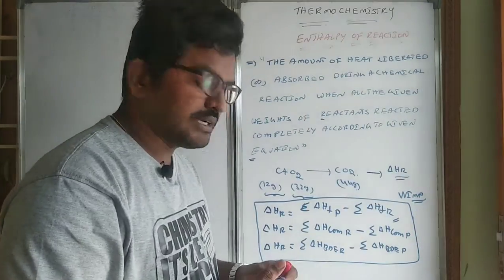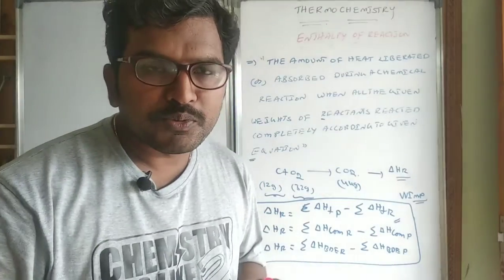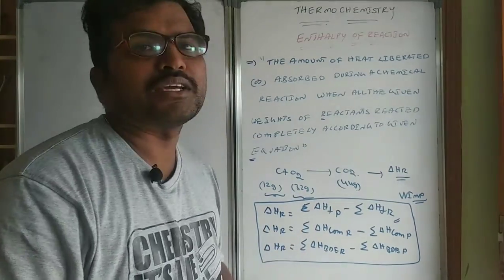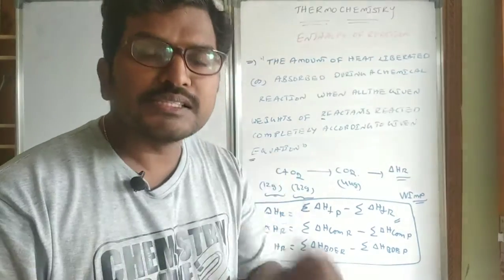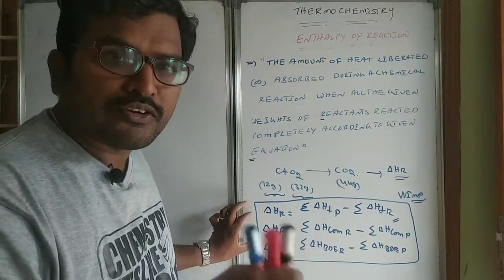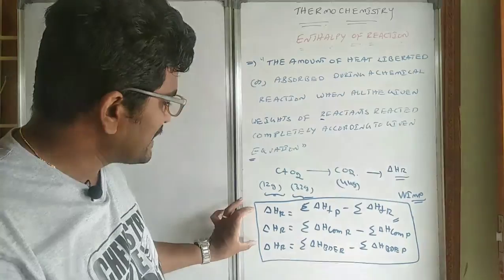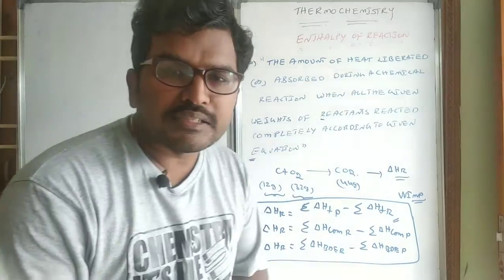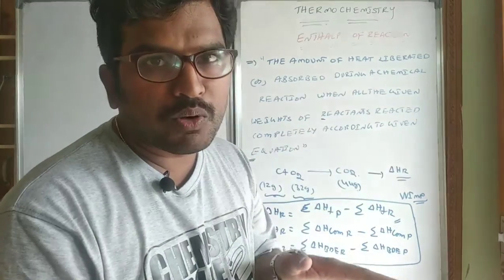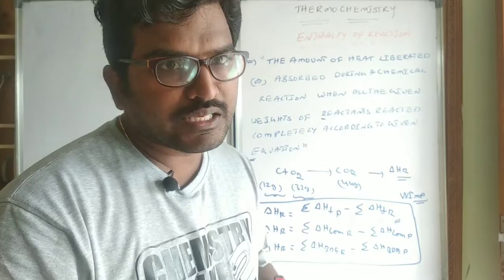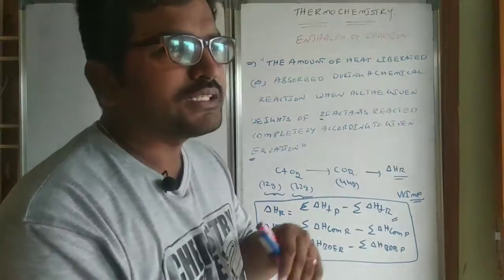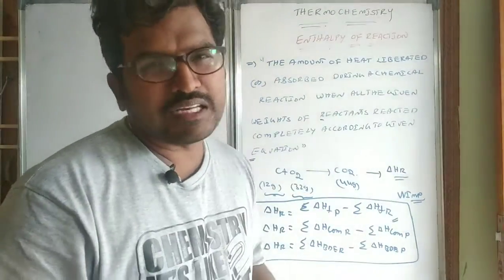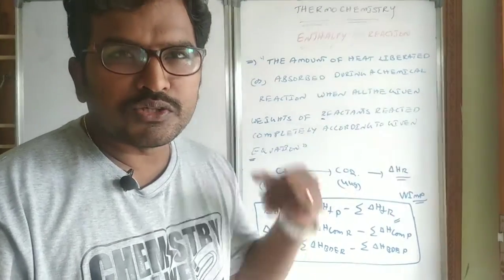Let me make some statements on this. In different books, they give you different procedures to find the enthalpy of reactions. I can say this is the best method you can find wherever you go to solve the enthalpy of reaction. Simply remember these three formulas. Let them give you even half a page of problem also, you can do that problem very easily. Some books will say reverse the reaction, multiply with 2, divide by 2, and create so much confusion. But don't go into all that mess.